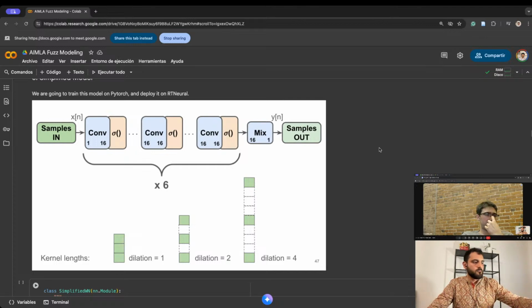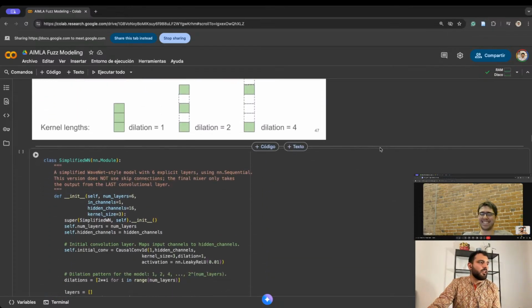Oh yeah, so the idea with the dilations is that by growing them over time, you're expanding the amount of time that the convolution is operating over. So you can think of it similar to an impulse response. With an impulse response, you have a length of time that the impulse response is going to operate over, defined by the length of the impulse response. It's similar with convolutions: I think it's the kernel size times the dilation that is basically the number of samples that it's going to be able to operate over. Fantastic. So let's take a look at the model now.